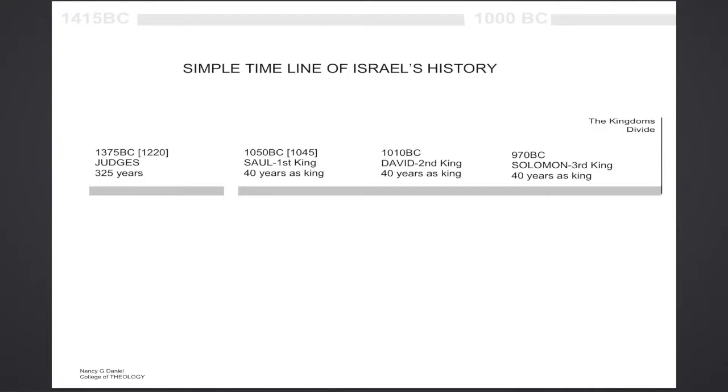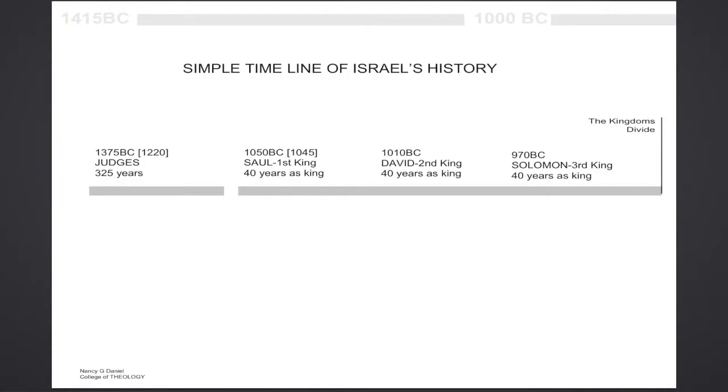Judges picks up where Joshua leaves off. And at the end of Judges, we find that people wanted a king. They wanted to be like other countries that were surrounding them. They asked Gideon to be the ruler. And everybody did what was right in their own eyes. Then entered Samuel. Samuel comes in as a judge, and the last judge and prophet. He anoints Saul as king, and Saul is a king for 40 years. We see that David then came after Saul, and then his son Solomon is ruling.